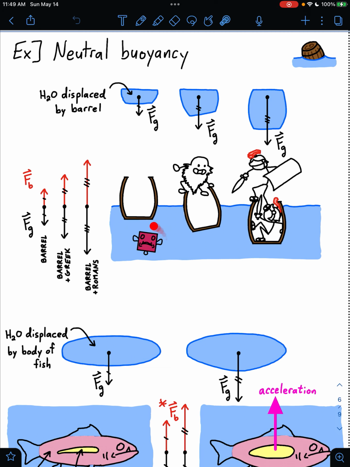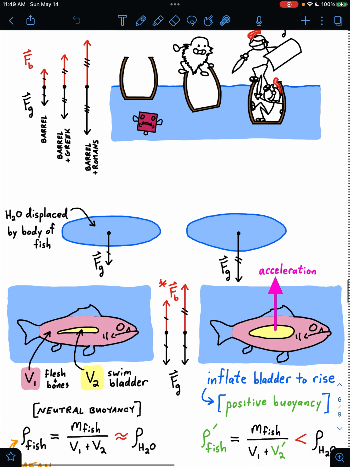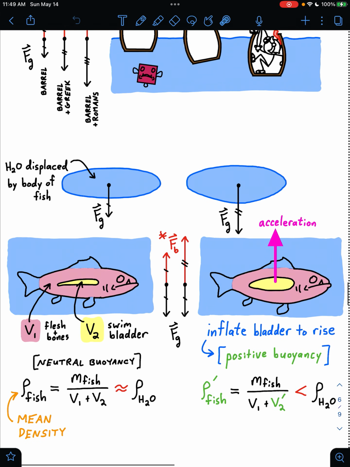Now, about this fish here. That floating fish depicted here. The body of the fish is displacing some water. Let's let this represent the volume of water being displaced by that fish. That volume of water would have some weight, and that weight there is the same size as the upward buoyant force on that fish, represented in red in this FBD. So our fish can be in equilibrium here if it's displacing a volume of water whose weight is equal to